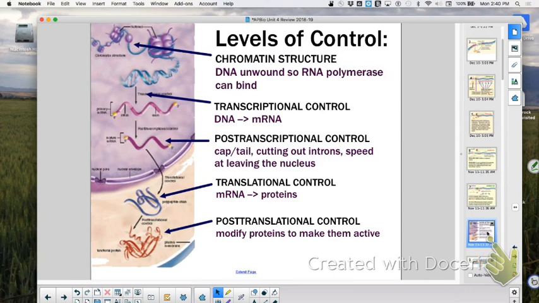Transcriptional control. And we looked at that already. We've talked about that you had to have several different factors, and that's the biggest one right there, about RNA polymerase getting to the promoter. What's the next level of control? Post-transcriptional. What are we dealing with in post-transcriptional? The introns, exons. Because that's going to occur inside the nucleus. Inside the nucleus, right? Okay, what else? Cap and tail. What else? Leaving the nucleus. All of that is post-transcriptional.